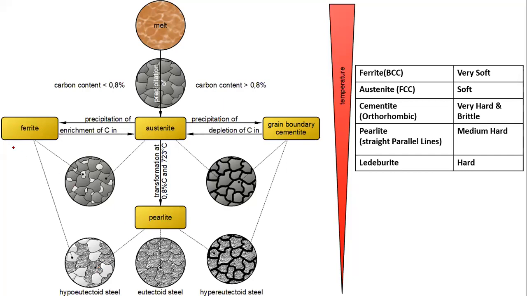So if you compare between two, ferrite and pearlite, which one is the soft? Which one is the hardable? Ferrite is a very soft. Pearlite is a medium hard. Why medium hard is used? It is not complete solid as compared to austenite. Pearlite is not complete solid nature. It is a medium hard. As compared between, it is a medium hard. It is hardable. Are you understood this point?